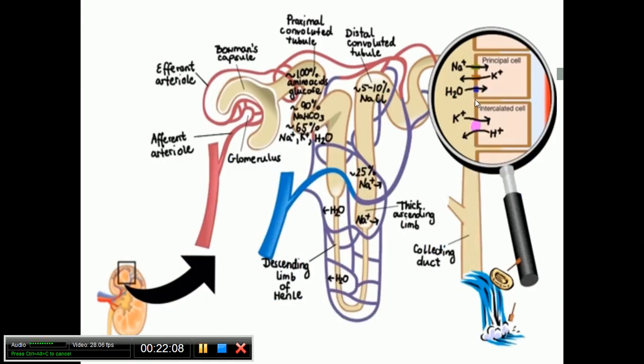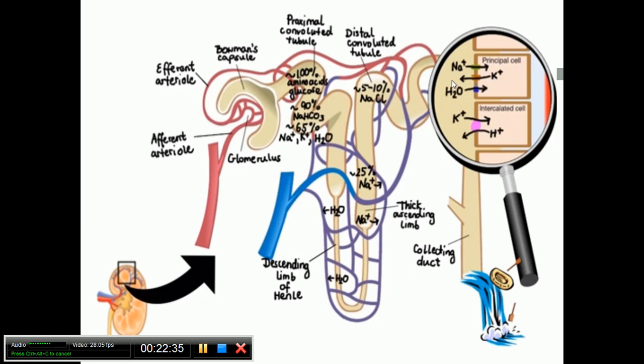So we have magnified, and these membranes, the nephron membrane, have different transporters or transporter proteins. These can transport different ions. For example, sodium is being reabsorbed while potassium is being